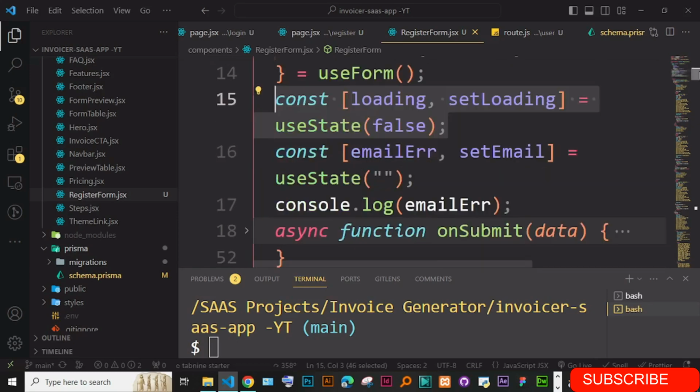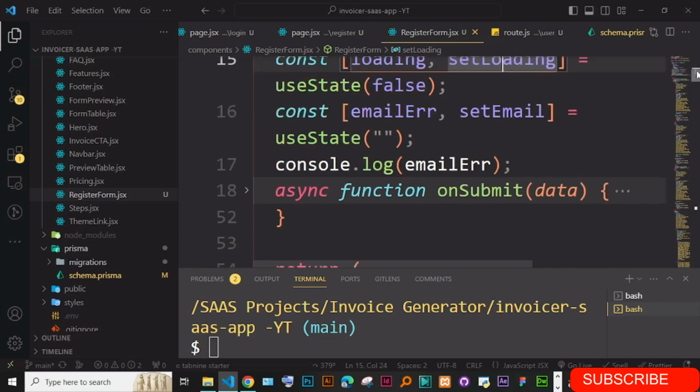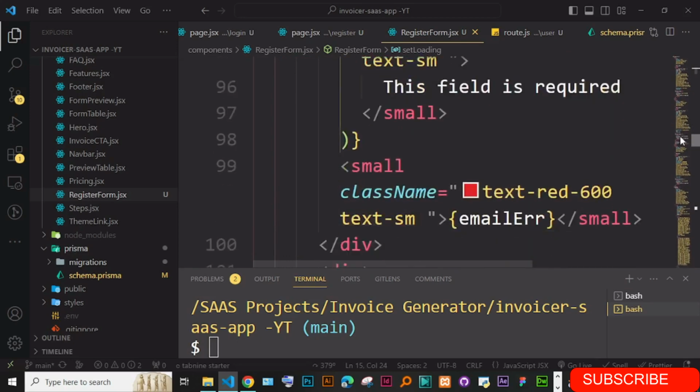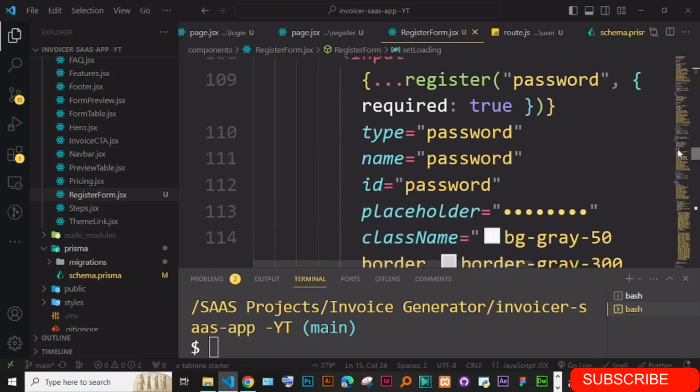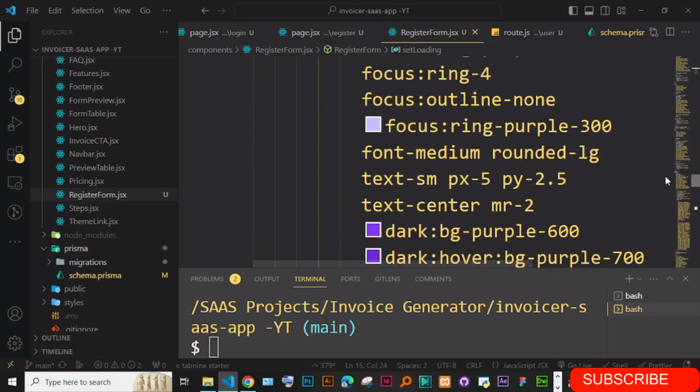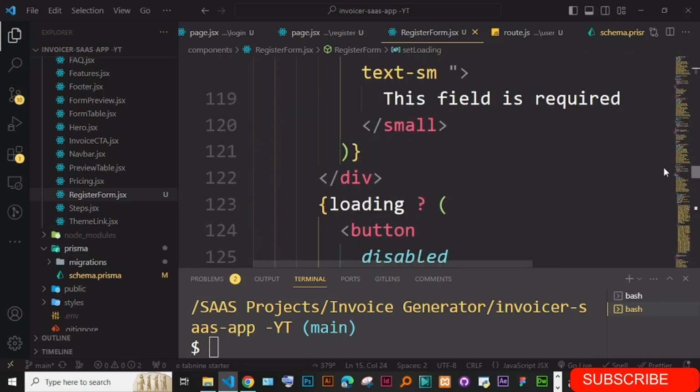The first thing is when we start making requests to the database, we set loading to true. When the request is back and we get the response, we set loading to false. Now if you check how we are using it on the button, that is the most important part. So if you check down here on the button, we are first checking if loading is true, then we are